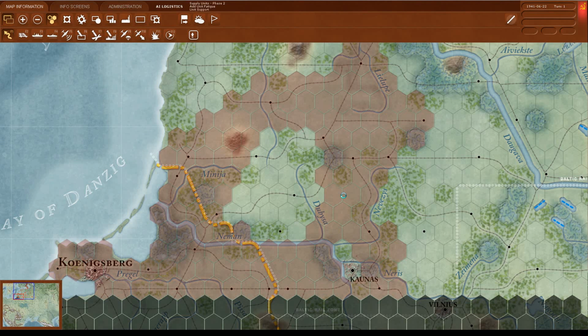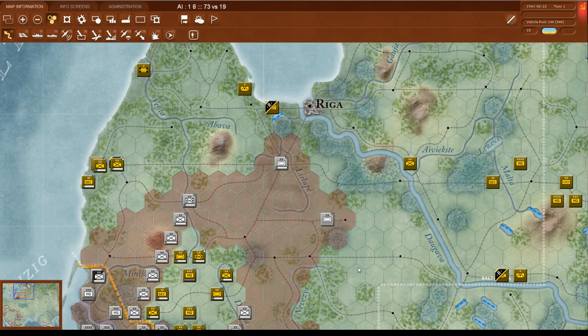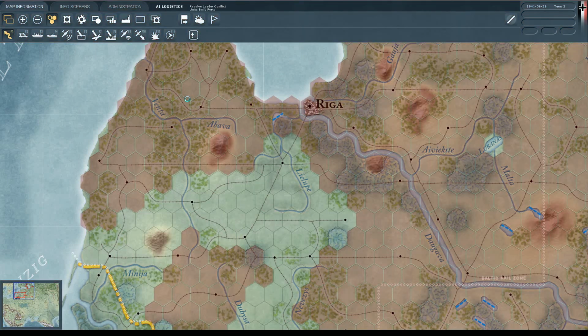Okay, so you can obviously see here, this force is isolated for the time being. We do need to take this. Definitely need to take this, just so we can move the motorized divisions. I imagine it's obviously due to the fact of... oh, hello, let's see what's going on here. I'm really glad, actually. They've moved down here to...